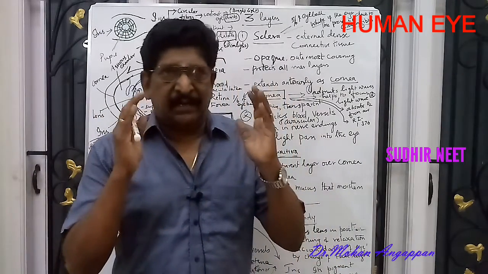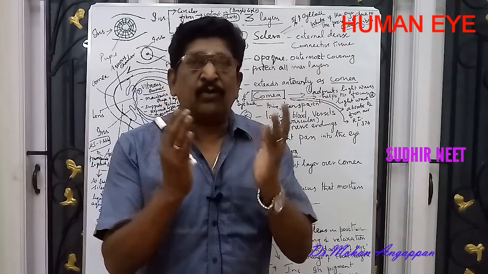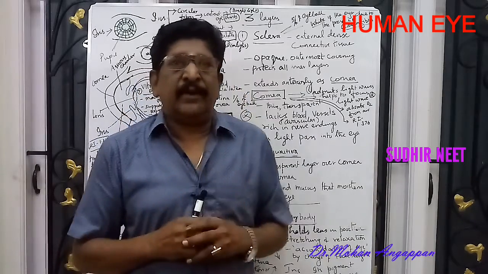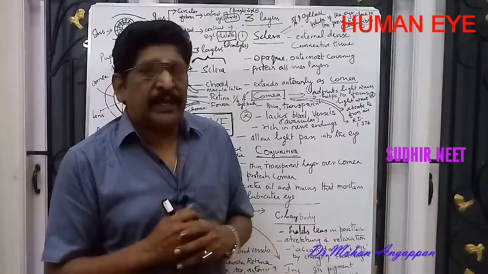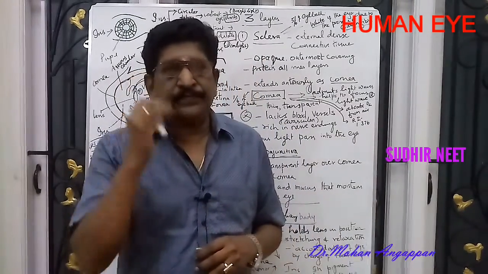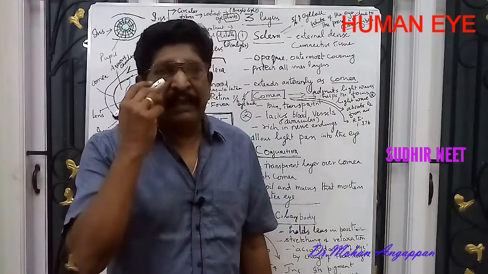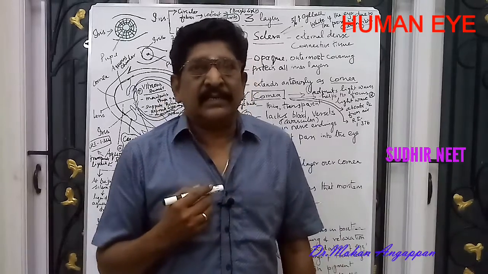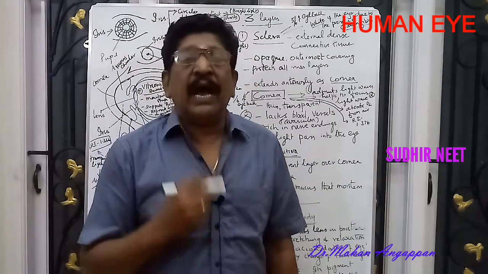The eyes are directed forward and they are adapted for binocular vision. The eyes are protected by eyelids, eyelashes and the lacrimal glands, which secrete some liquid which lubricates the eye for the free movement of the eyeballs.